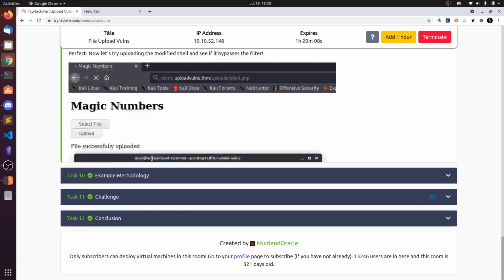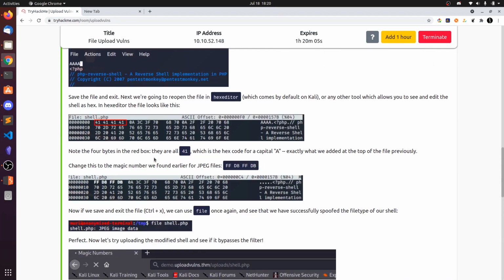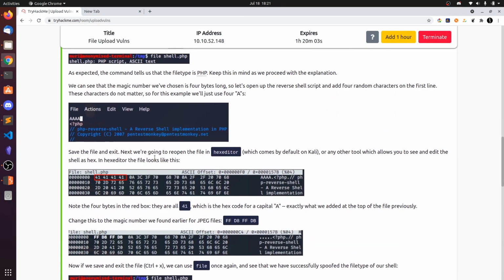Another one is magic numbers. Every file has magic numbers. The magic numbers are the first few bytes that represent the file type. So here they have given a link.